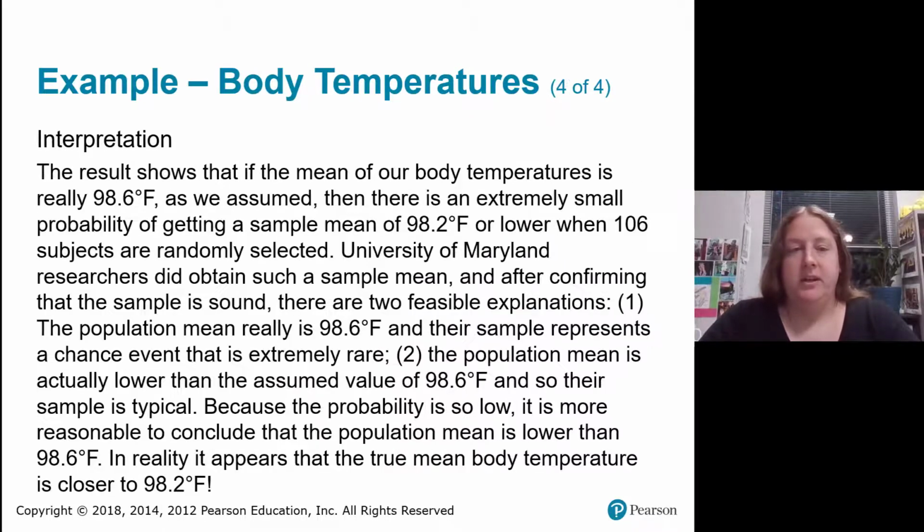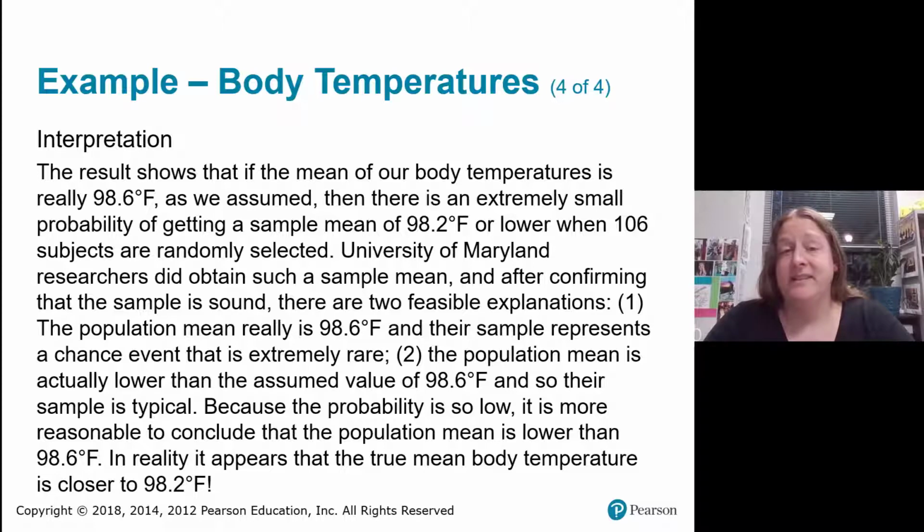So it's incredibly unlikely. What this result shows us is that if the mean of our body temperatures really is 98.6 like we assumed, then there's an extremely small probability, almost impossible, of getting a sample mean of 98.2 or lower